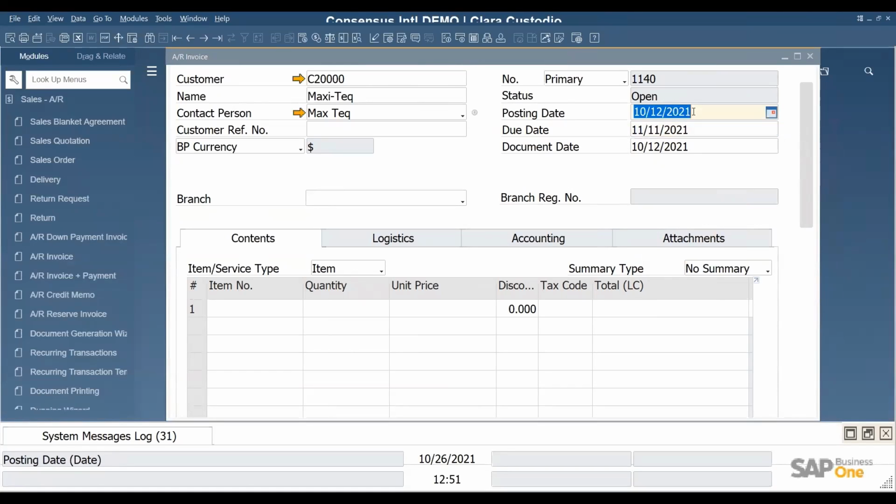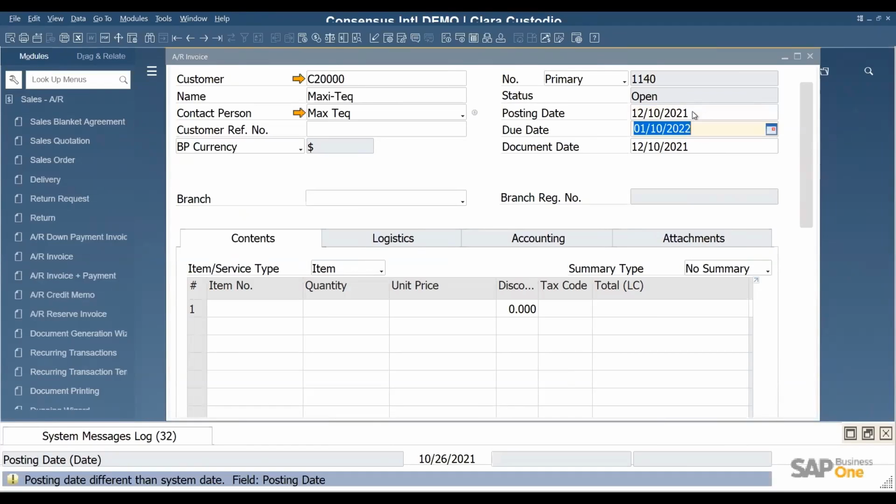The other way that you can fill out a date without using the calendar is actually just typing in the date. And when I started using SAP Business One, I used to be careful to include the slash symbol when I was inputting my dates. But then I later discovered that you can also input the date without the slash symbol.